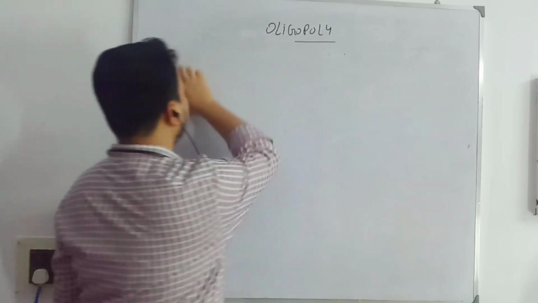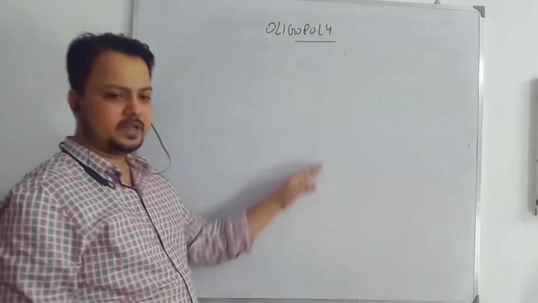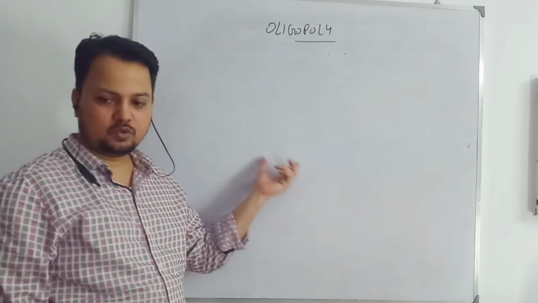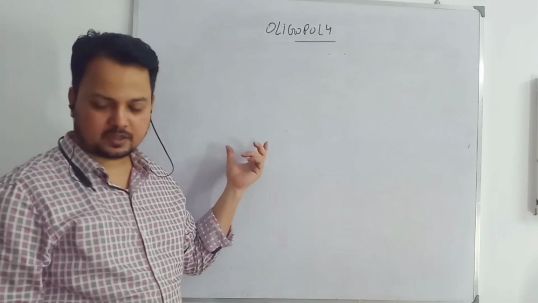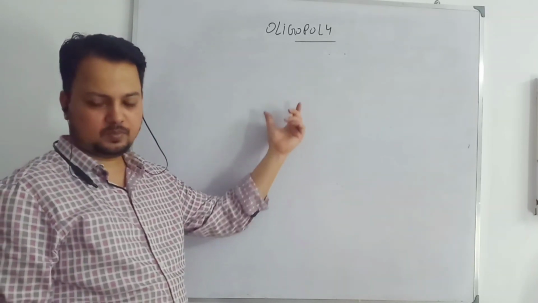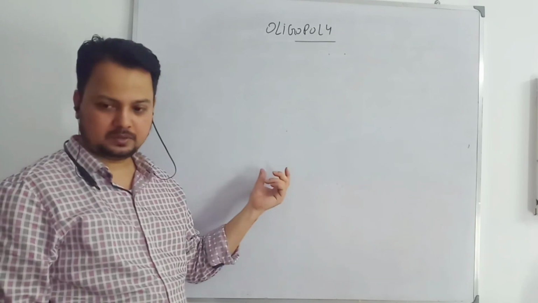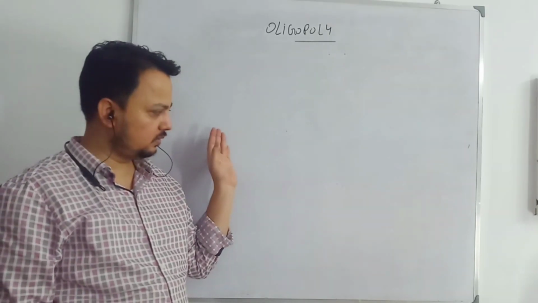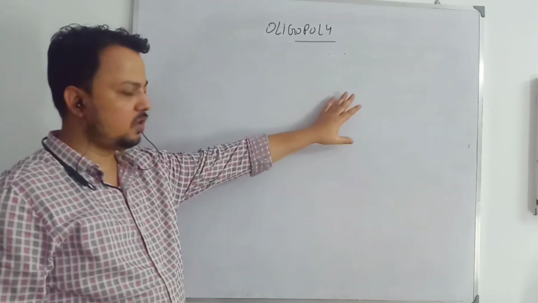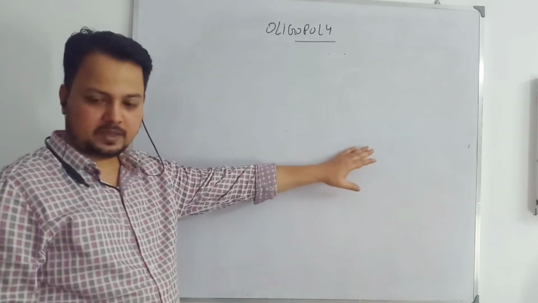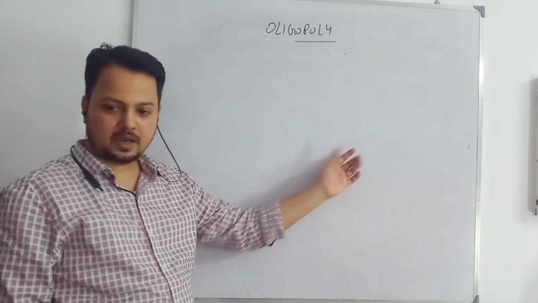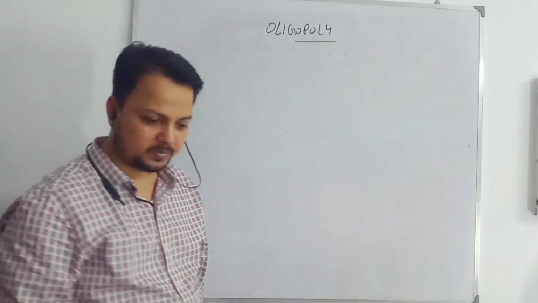And isoprofit and reaction curve. They can ask for derivation from the reaction curve for the Cournot model also: derive the Cournot-Nash equilibrium condition using reaction curves, for 5 marks. And for isoprofit they can give 2 marks also. So when you are deriving the Cournot-Nash equilibrium using reaction curves, you have to discuss the isoprofit curve also. You have to derive the reaction curves of firm A and firm B, and show the intersection point. Remember this part.